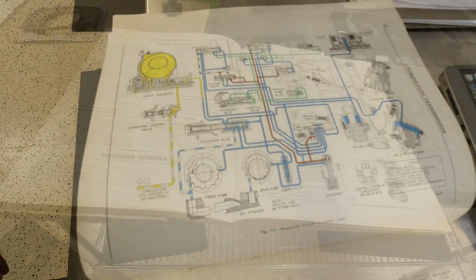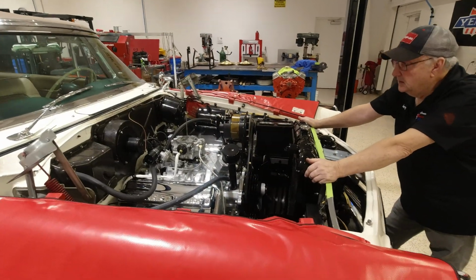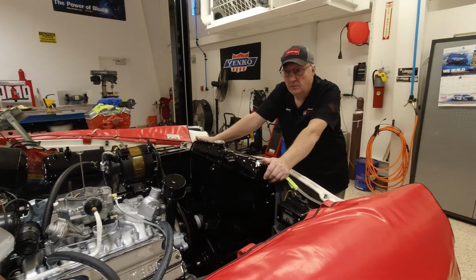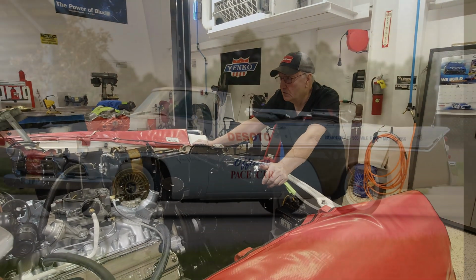It needs a little freshening up, and got the motor back in it and just finishing up now, waiting on a few parts to come in. It's hard to source parts for these older cars, 60-year-old cars, so